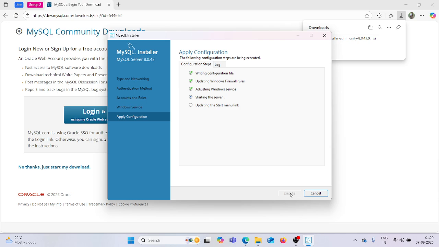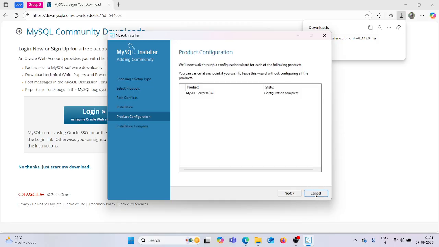Just keep patience, it is taking time. We are almost about to complete. Now it's done. The configuration for MySQL Server 8.0.43 was successful. Now click finish to continue. Okay, it is saying configuration complete.